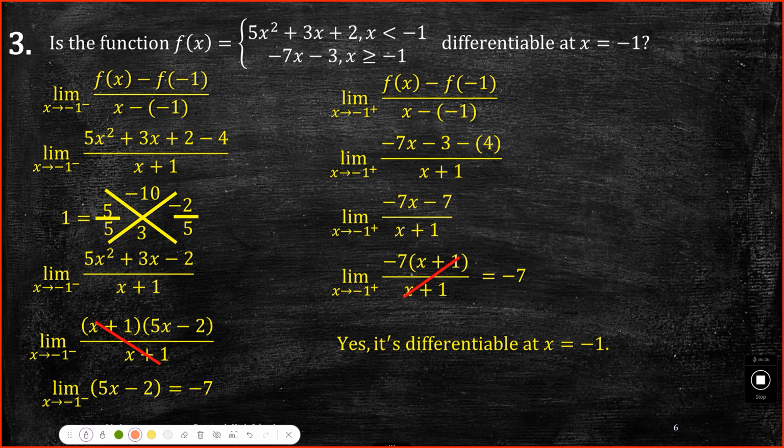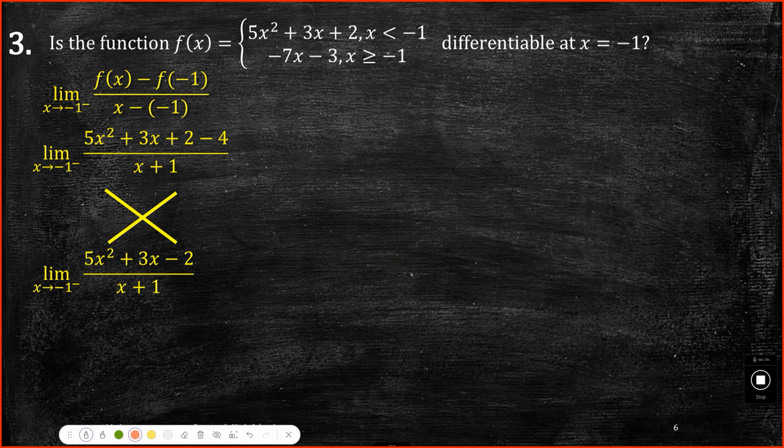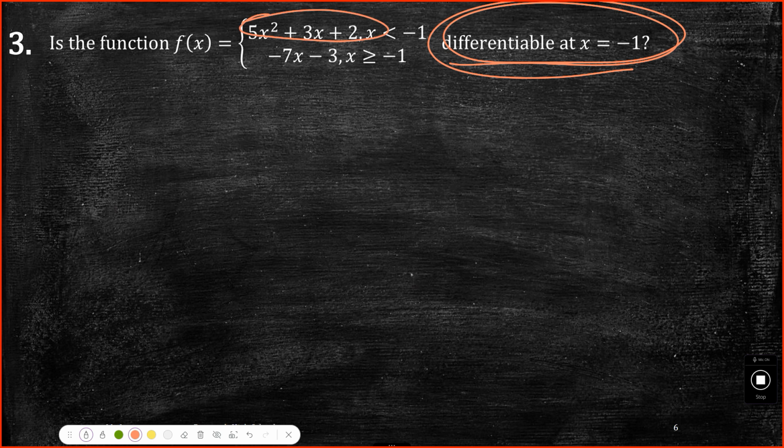So we use that whole limit definition of it, but the way I did it, this works as well, but it's much more work. There actually is a third way of doing it. A third way of doing it would be this way. Just assume that it is differentiable. So the fastest way to do it is assume that it is differentiable at x equals negative 1. So you could just take the derivative from the left and evaluate, and take the derivative from the right and evaluate it. And if it's true that they are the same coming from the left and from the right, then it would just be that it is differentiable.